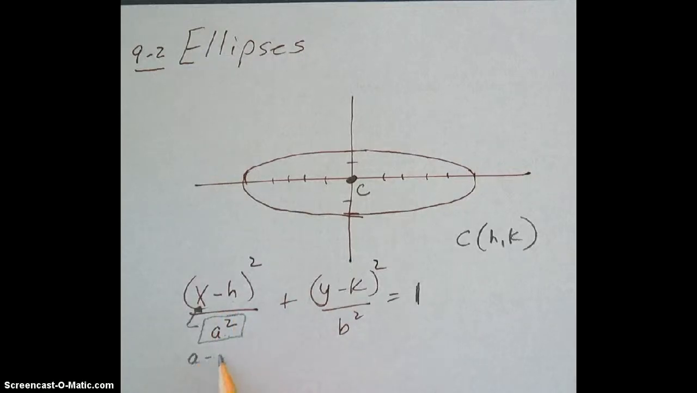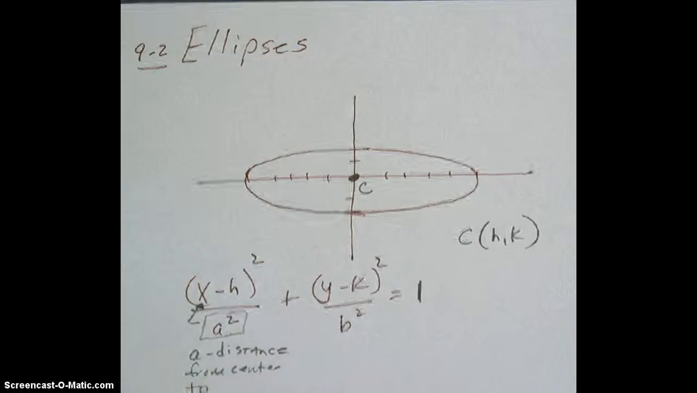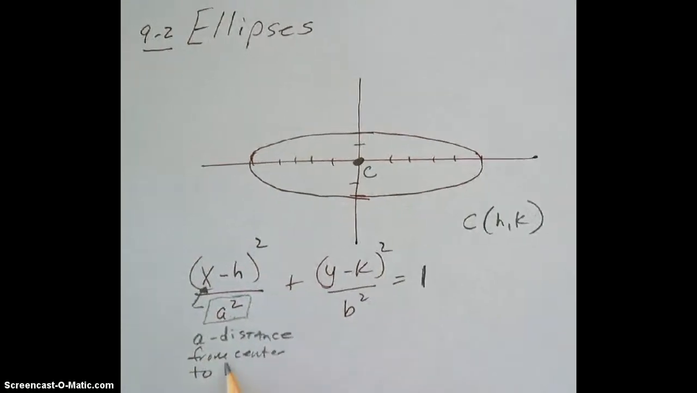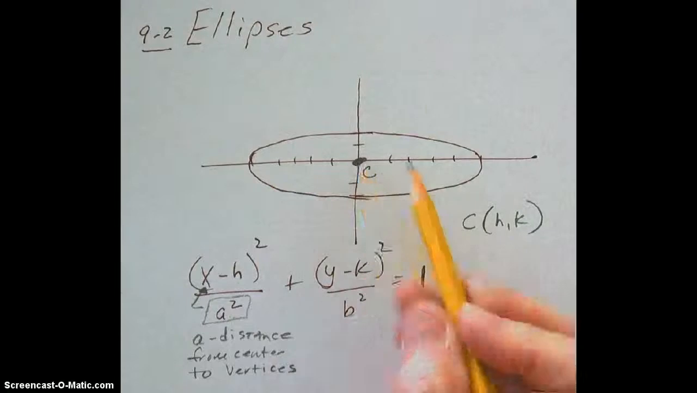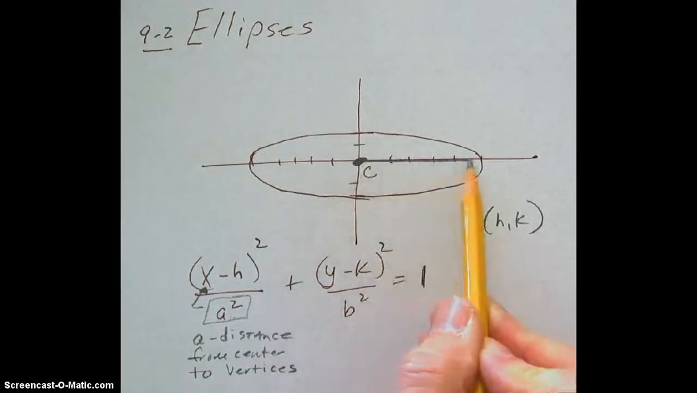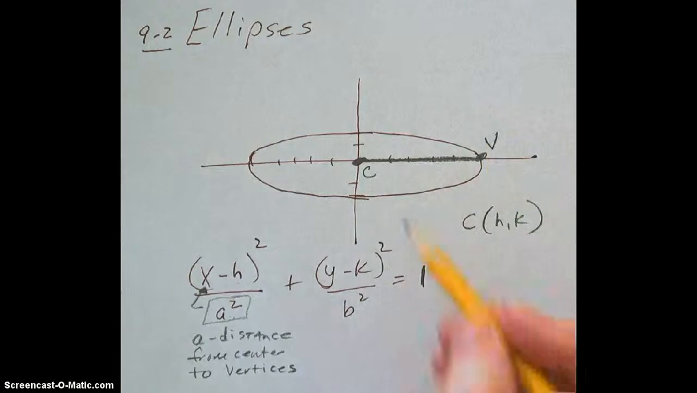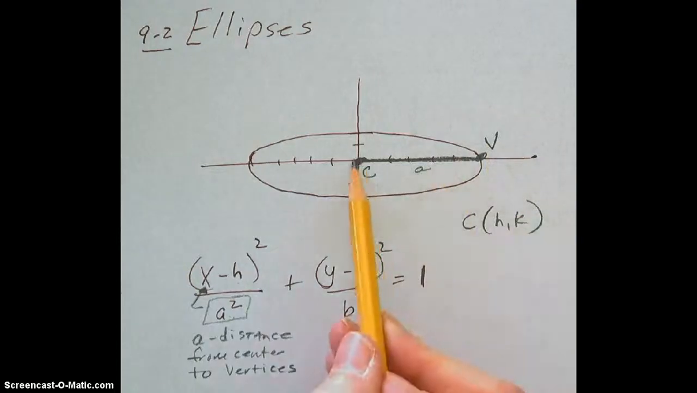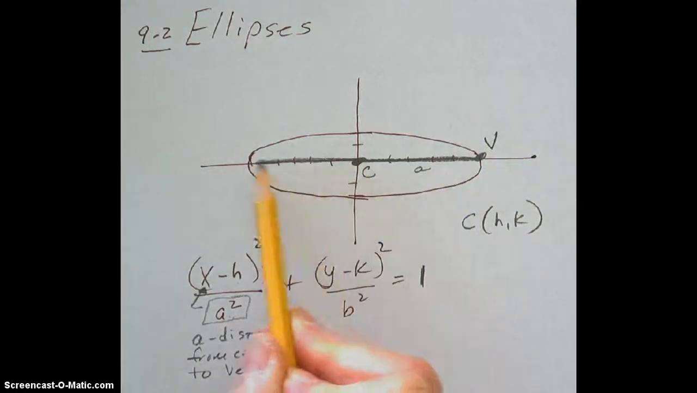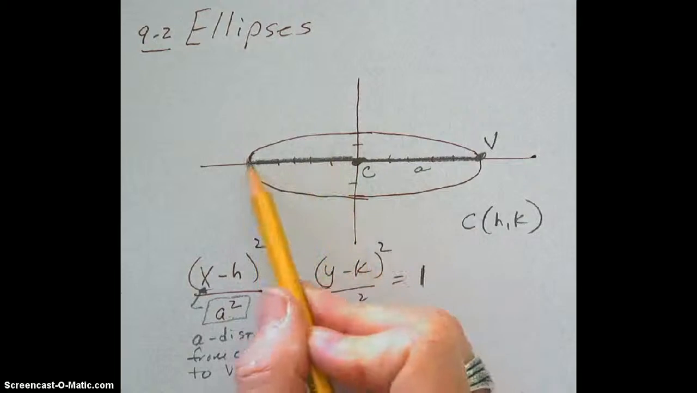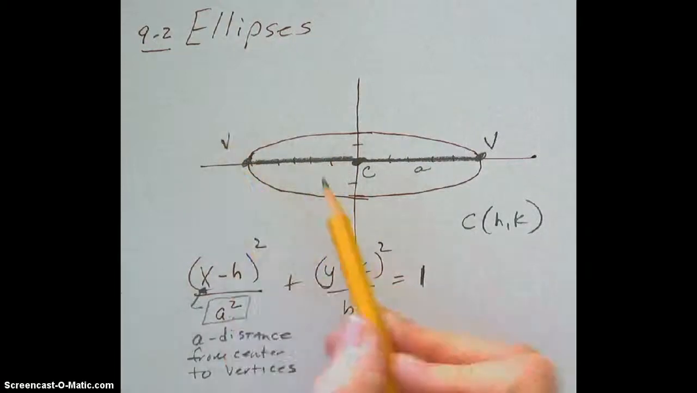So A is the distance from the center to what we call a vertex. So let me draw that. The distance from the center to a vertex is called A, and we're going to go A in both directions. So an ellipse has what we call two vertices,